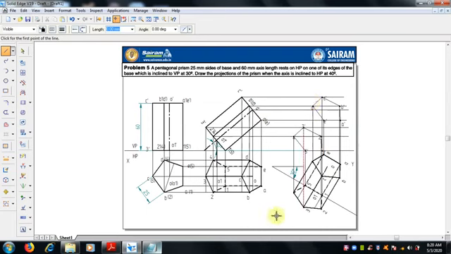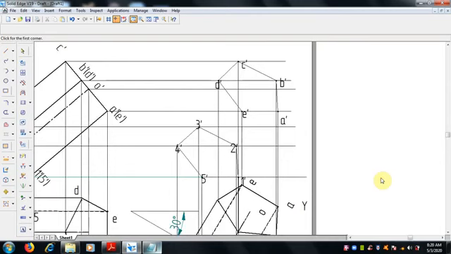Now we can join with the lines, so that in case you are not sure about the visible lines, we can finish this one.